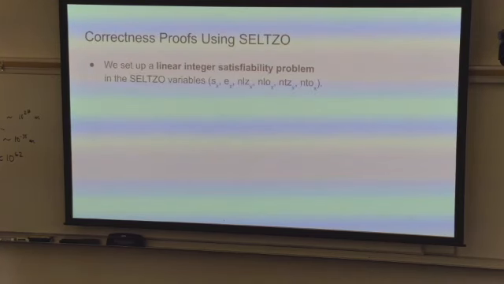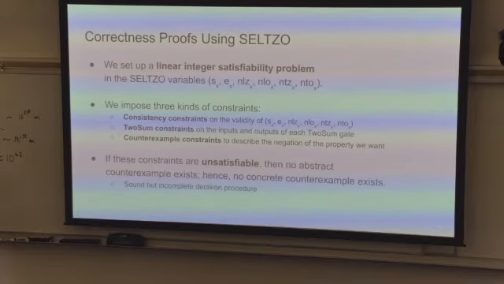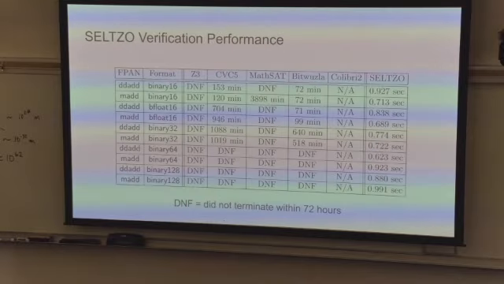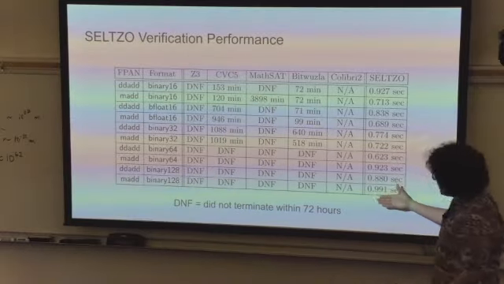And if you just set up this satisfiability problem and impose these constraints, which for the sake of time I will not get into, then you can get a completely automated and completely rigorous way to check the correctness of one of these algorithms. And in fact, if you look at how fast this is using this new technique compared